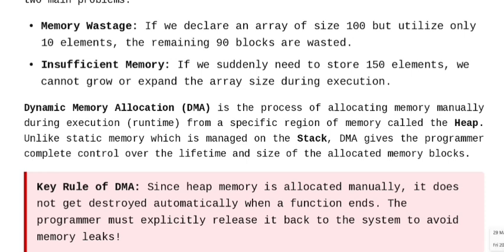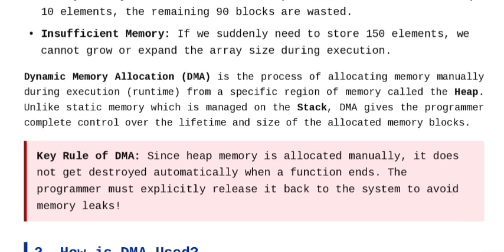Memory wastage: if we declare an array of size 100 but utilize only 10 elements, the remaining 90 blocks are wasted. Next, there comes the second one, insufficient memory. That means if we suddenly need to store 150 elements, we cannot grow or expand the array